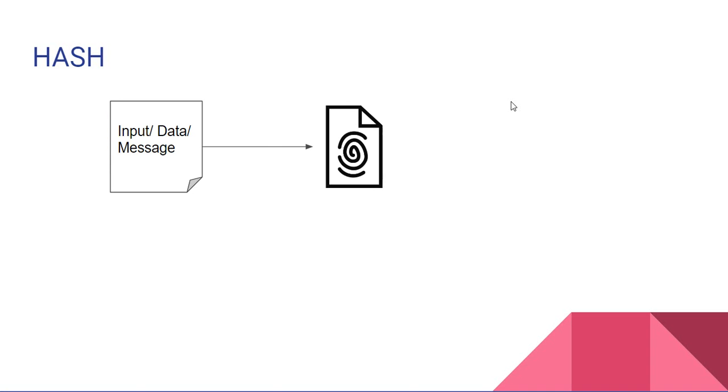Hi everyone. Today we are going to talk about the next building block which Satoshi used in order to define a Bitcoin network. So the next building block is hash. So for example, let's say I want to send an input data message to someone, and hash is nothing but you can consider it